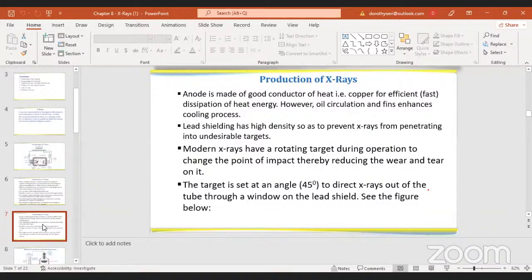If the electrons keep on eating at one particular point, the target will wear out, and therefore you'll have to do replacement. So it is rotating so that you have uniform wear and tear of the target. And then the target also is set at an angle. If you look at the diagram,